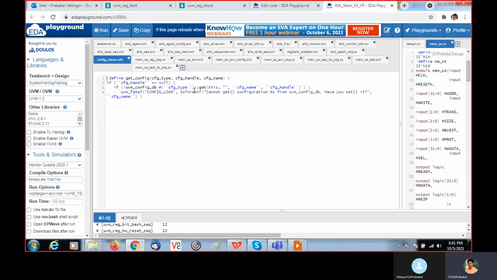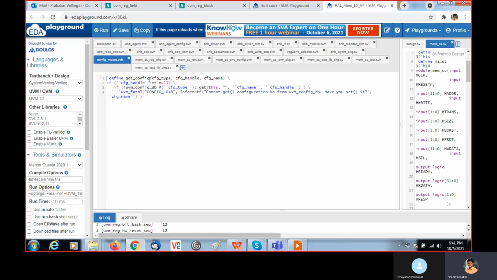Here what we are doing is getting the corresponding signal from the configuration database. So we are passing three arguments. One is the config type. Another one is the config handle, that is assigned here. Then the config name, that will be assigned here. Instead of using this config get method, we are defining this macro.